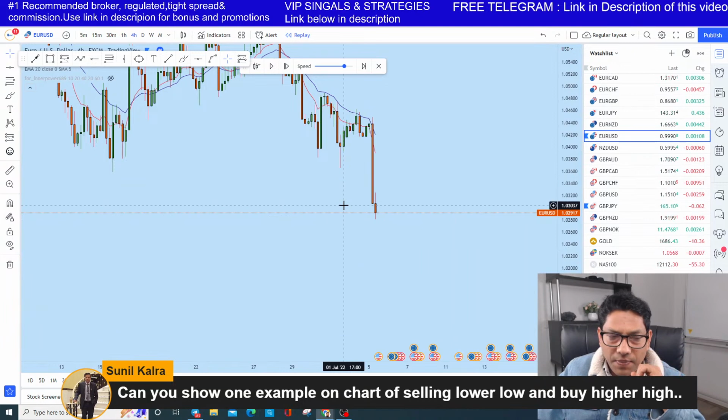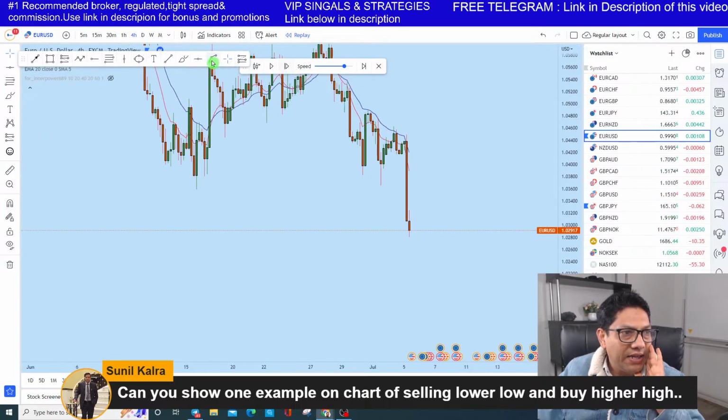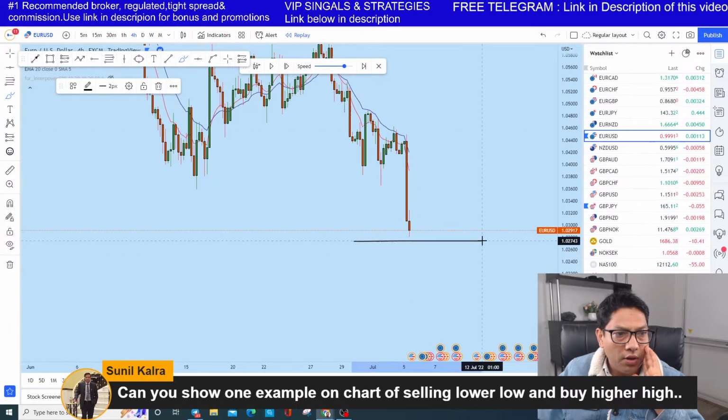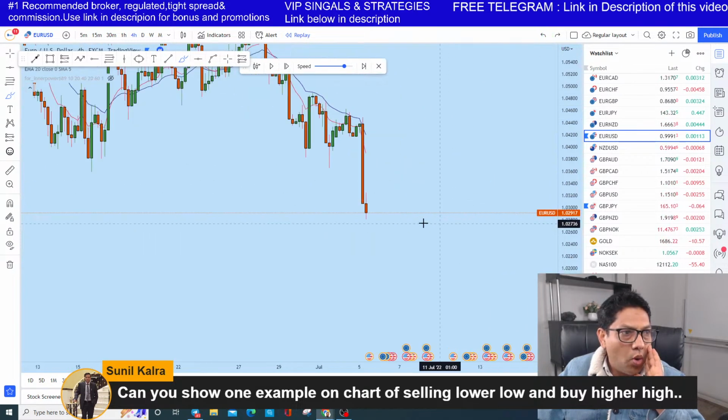This is a middleman. Now most retail traders might think, okay, the price is at the bottom here, in the support, let's buy. The price is at the bottom, it's a low price, so let's buy. But what happened next?